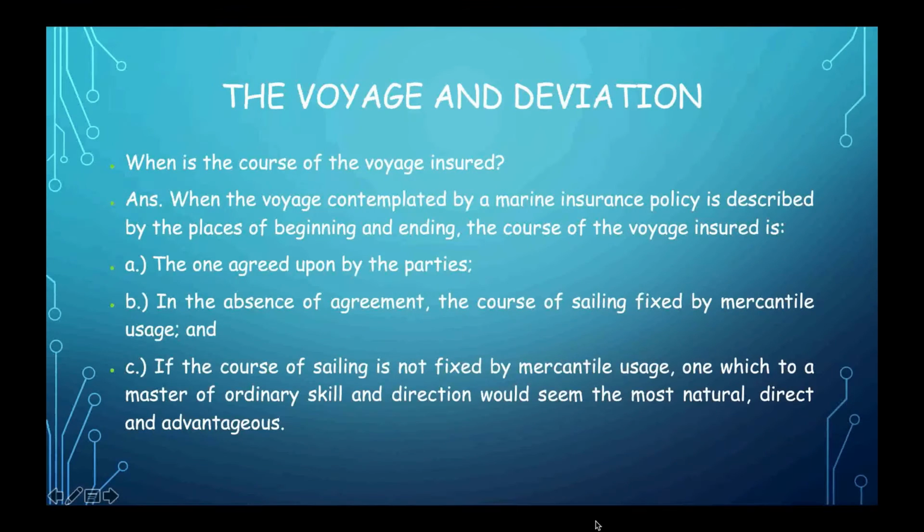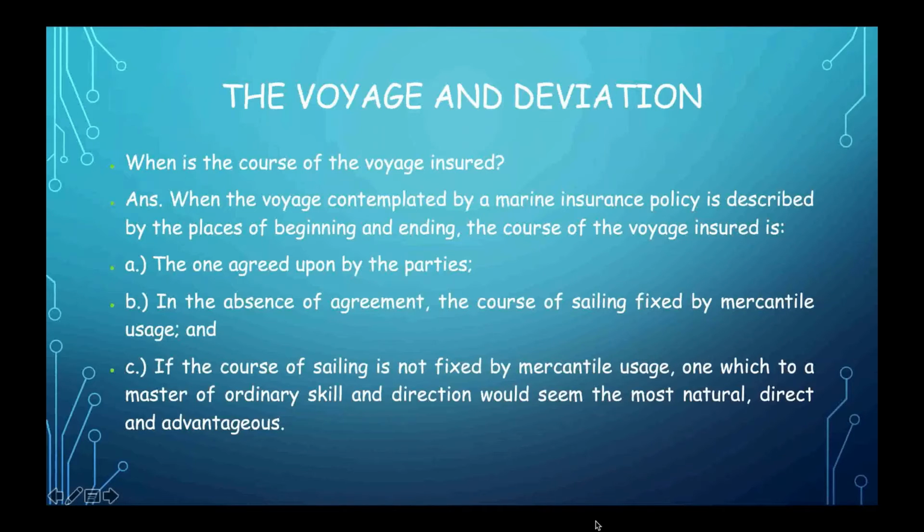Our next topic is the voyage and deviation. When is the course of the voyage insured? When the voyage contemplated by a marine insurance policy is described by the places of beginning and ending, the course of the voyage insured is